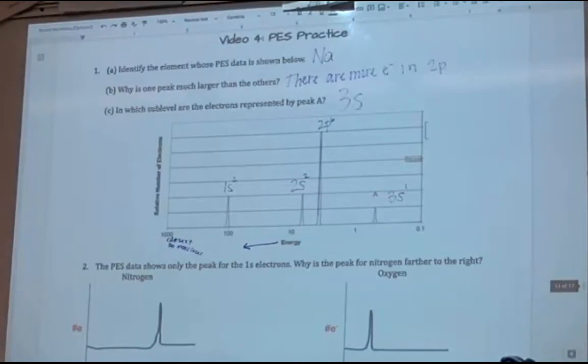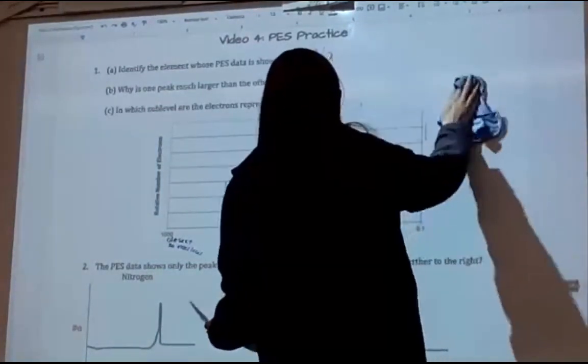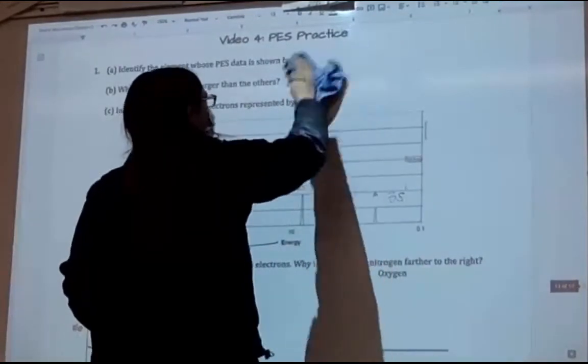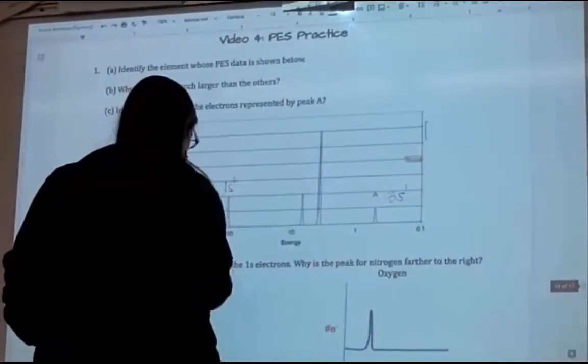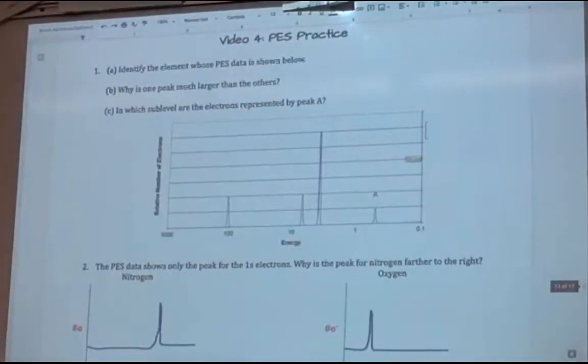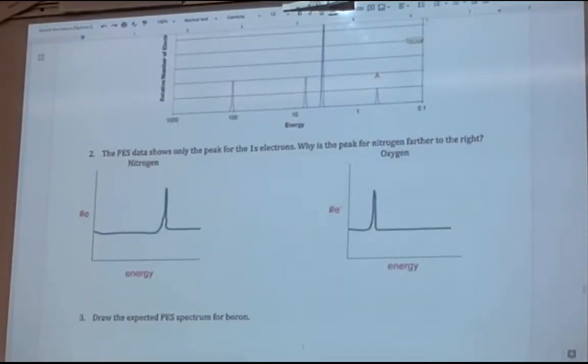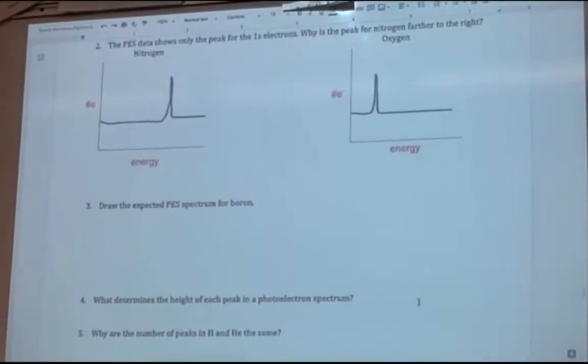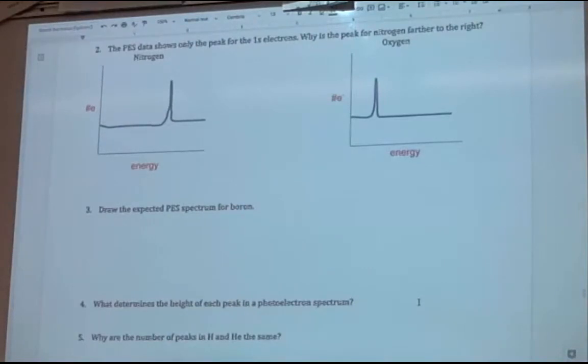That's, for the most part, it for PES. We're going to look at some additional conceptual questions together, like number 2. But really, that's PES, just reading the graph to determine the electron configuration. Now we're going to look at number 2 together, because this is one of the conceptual type questions. And if it helps, I would recommend putting a star next to number 2, because